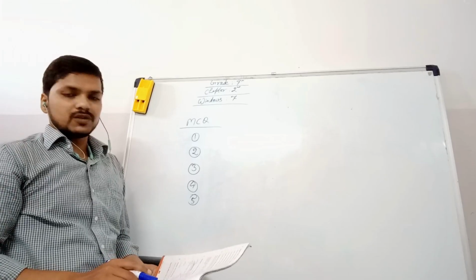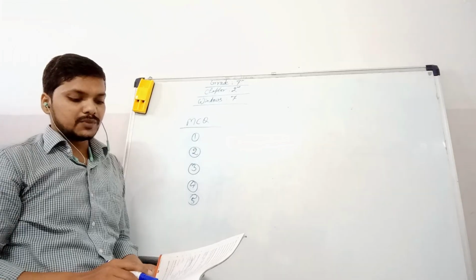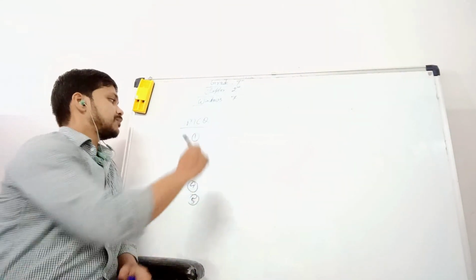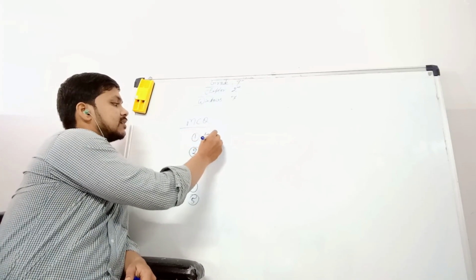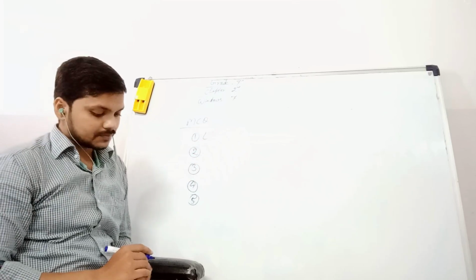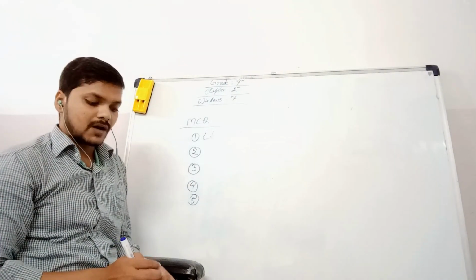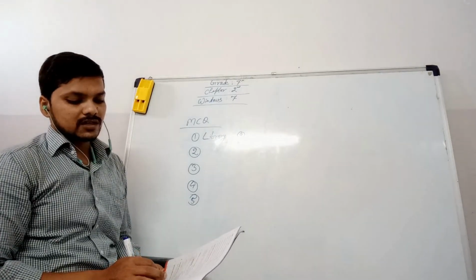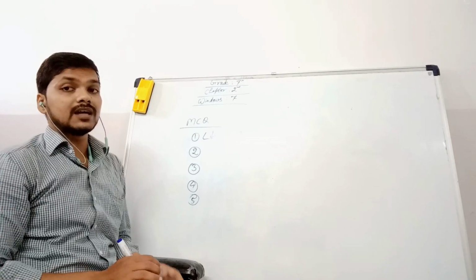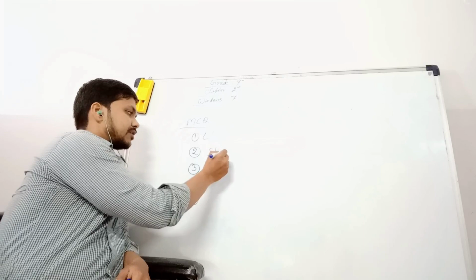Now first multiple choice question is, which folder in Windows 7 manages documents, music, pictures and other files? That is the library folder. So write here library, that is A option. Now second: which is a power saving state that allows a computer to quickly resume full power operation when you start working again? That is sleep mode, and it's again A option.